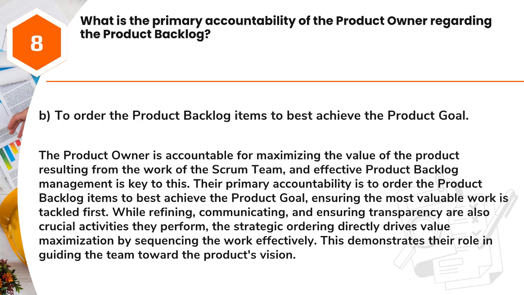Answer: B. To order the product backlog items to best achieve the product goal. The product owner is accountable for maximizing the value of the product resulting from the work of the Scrum team, and effective product backlog management is key to this. Their primary accountability is to order the product backlog items to best achieve the product goal, ensuring the most valuable